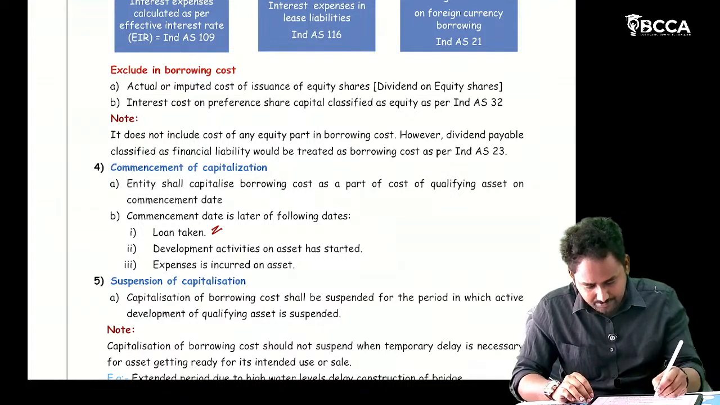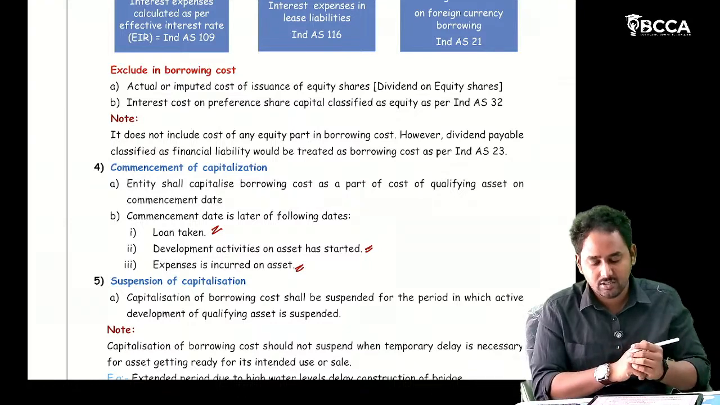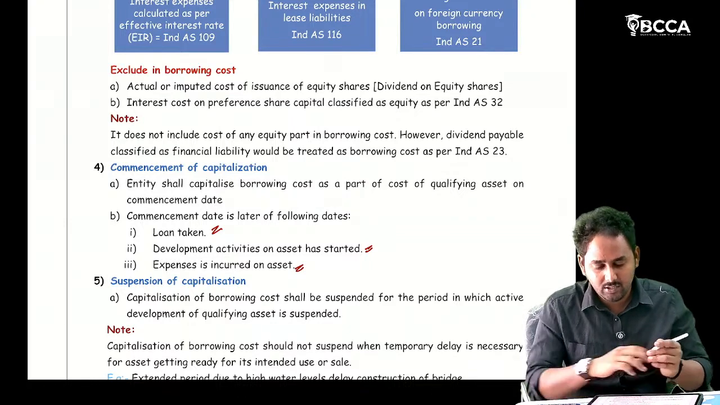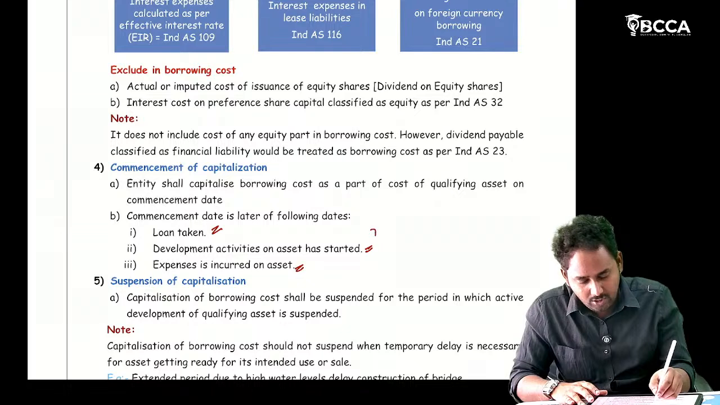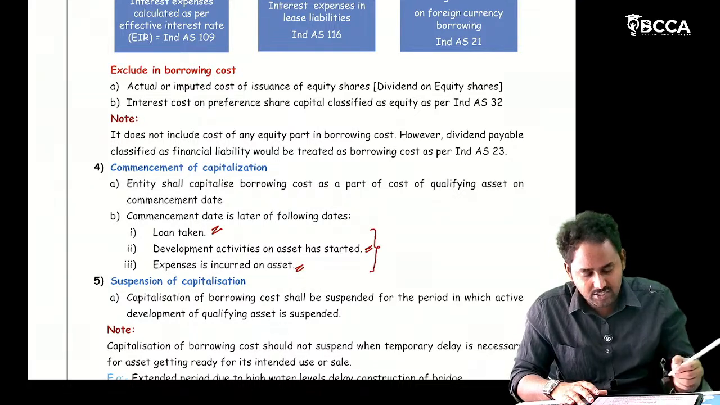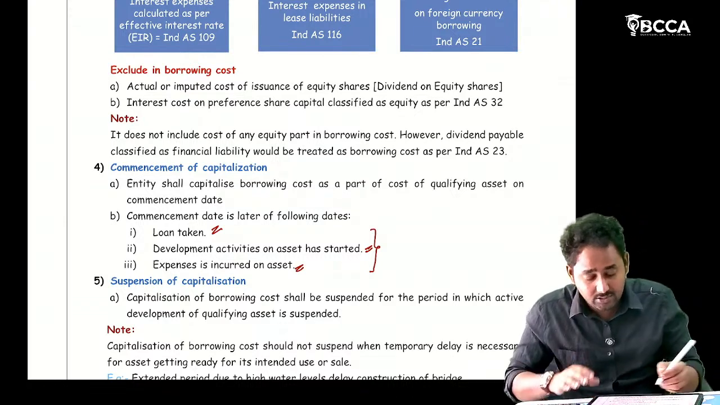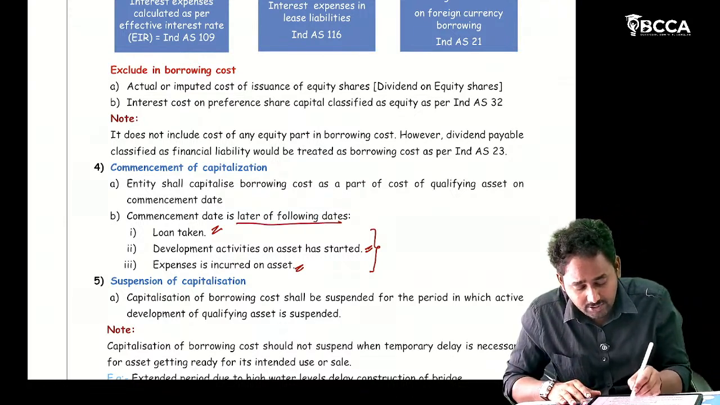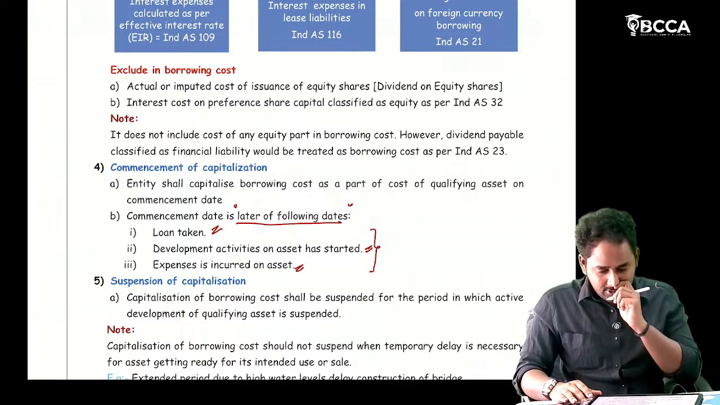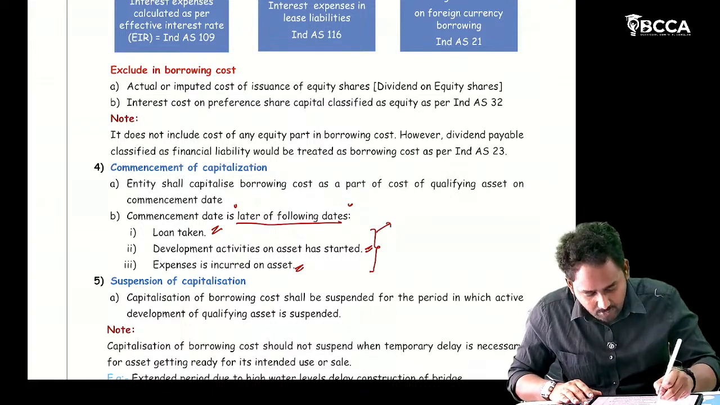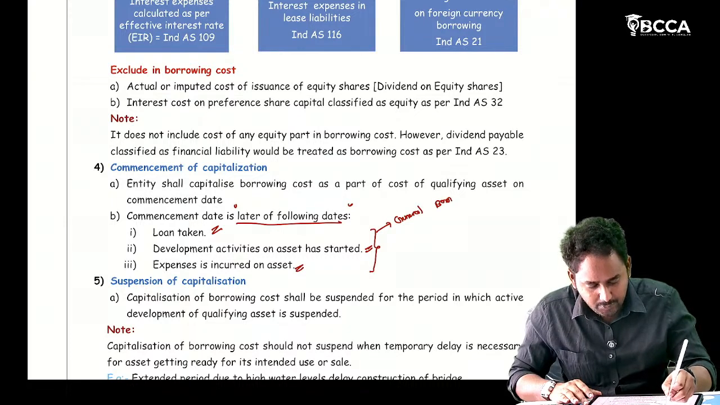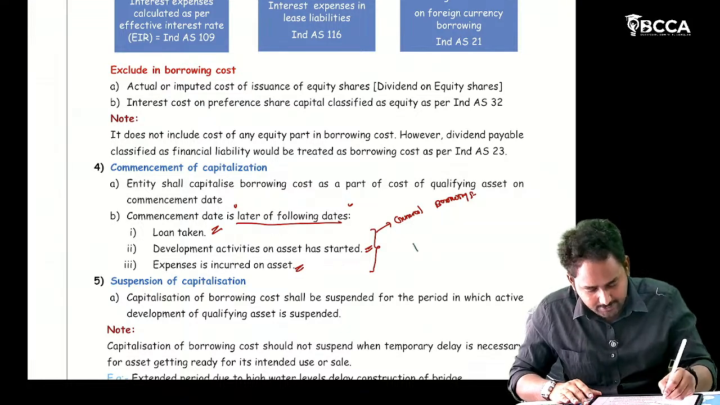The commencement date is when the loan is taken, or development activities on the asset have started, and expenses are incurred on the asset. The commencement date is the later of the following three dates. But this is the formula for general borrowings. For specific borrowings,